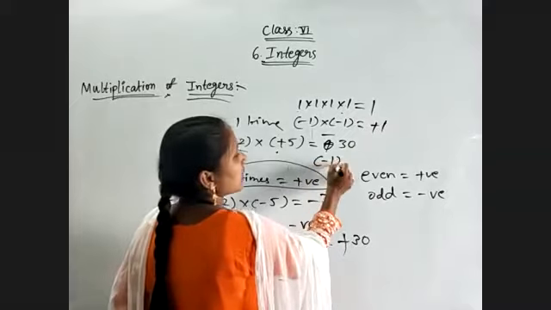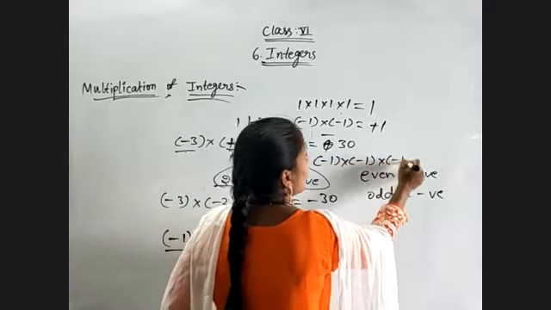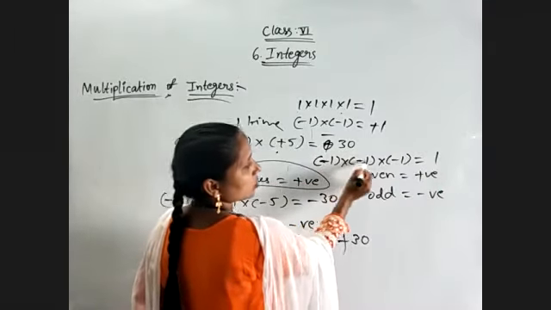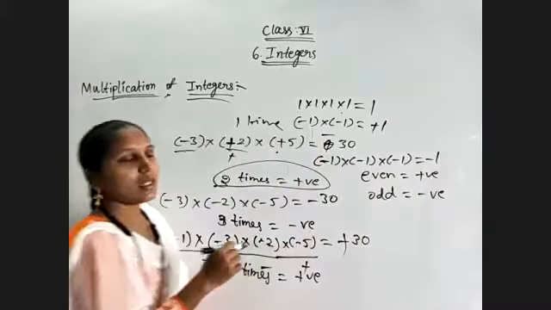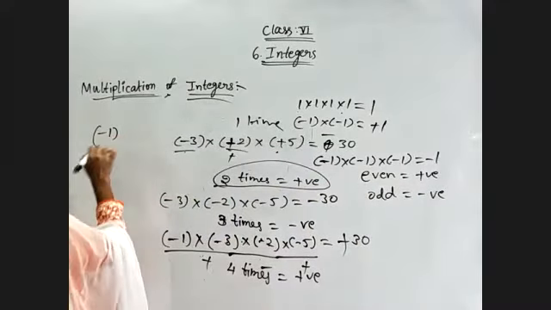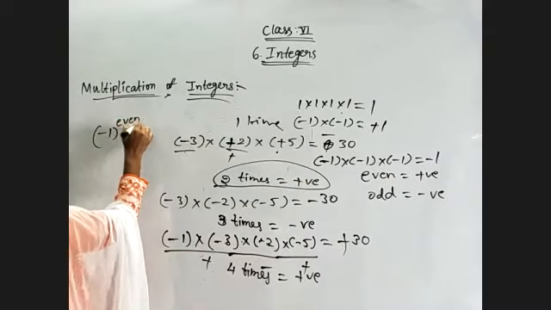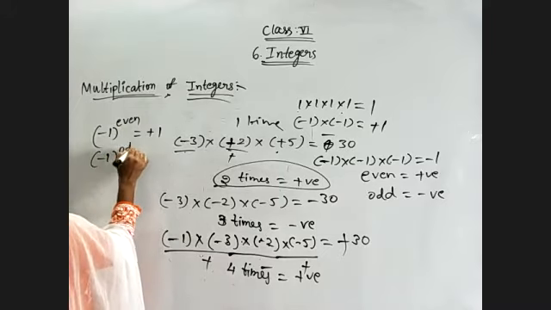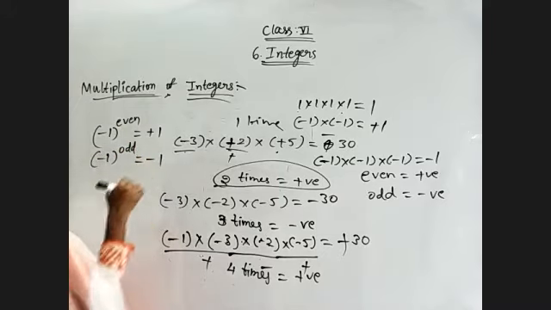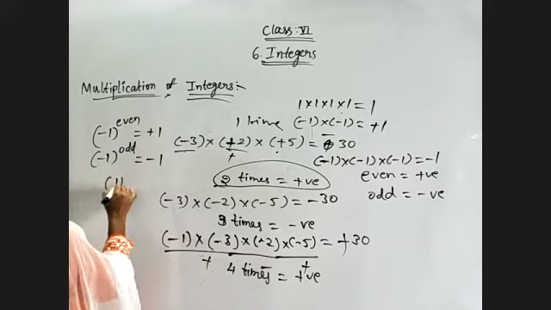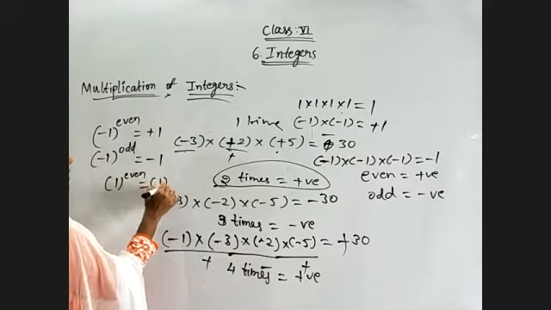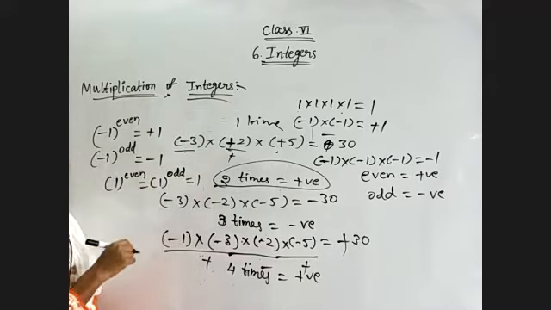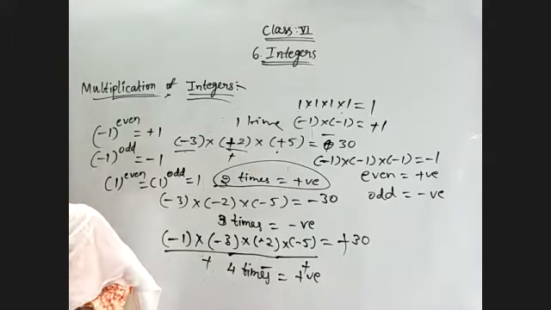And if I have minus 1 three times, the product of the 1s is always 1 only. Now here we have minus 3 times, 1, 2, 3. So minus 1 will be the result. Whenever you are multiplying minus 1 an even number of times, you will get plus 1 as the result. And if you are multiplying minus 1 an odd number of times, then you will get minus 1 as the result. And plus 1 to the power of even or odd is always equal to 1 itself, because it is a positive number.